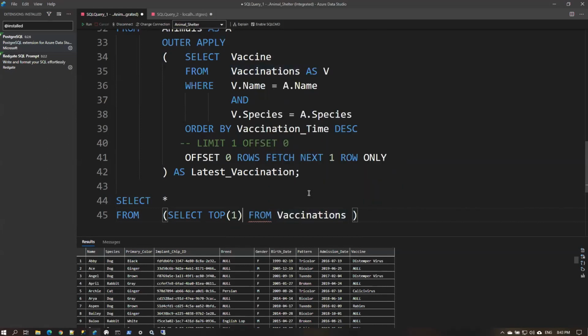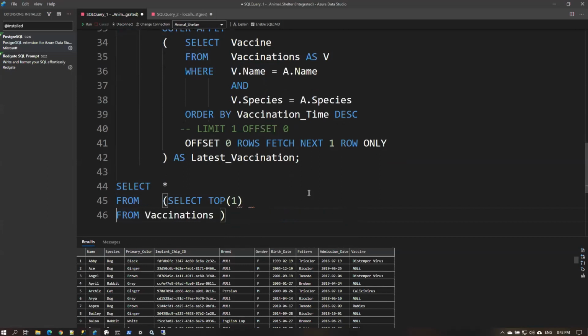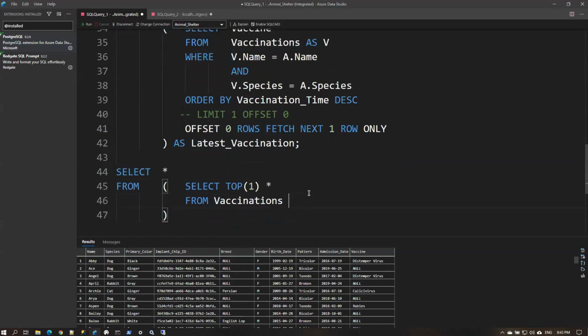Select top one what? Top one asterisk? Yes. Top one asterisk from vaccinations. Okay, and then in the outer query,